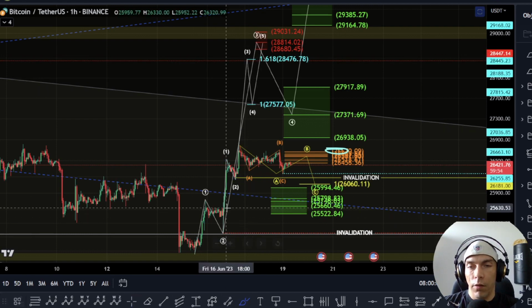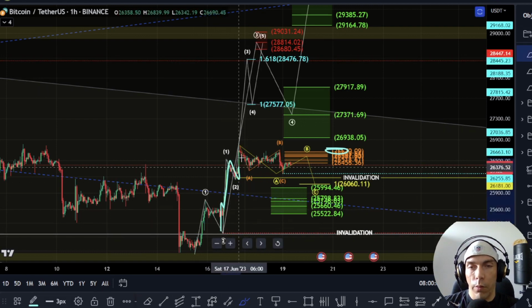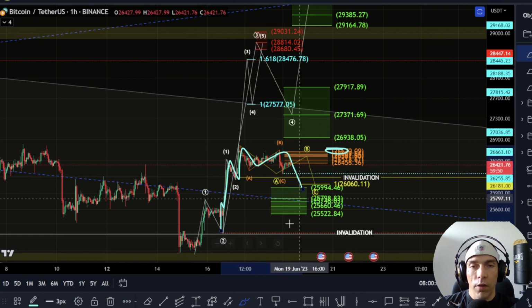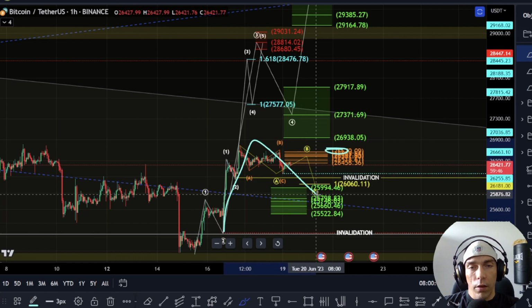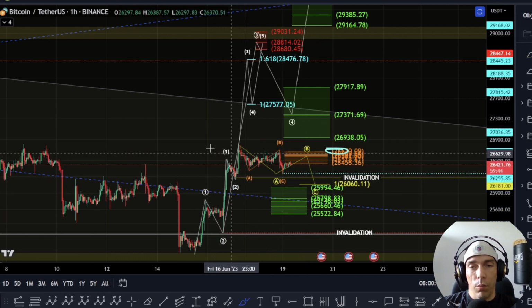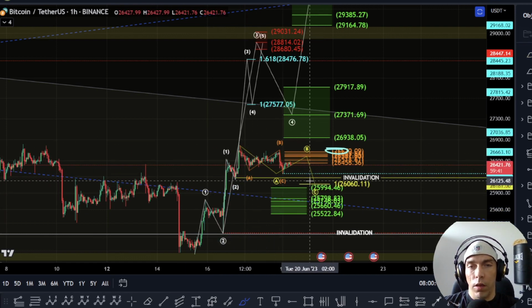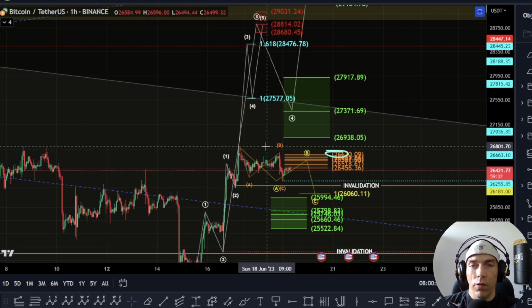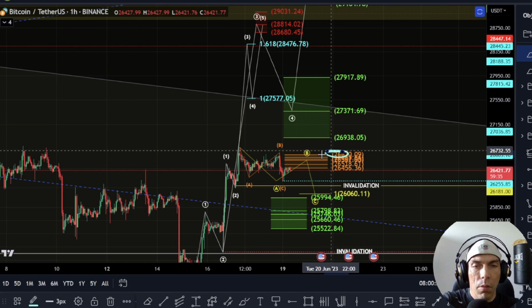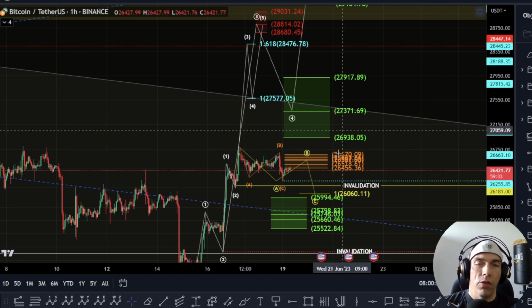Like I said, there is potentially a way we can count this 1, 2, 3, 4, 5, and we could actually have this, still looking at a 1, 2 situation. Yeah, the target would be much the same at the moment, but what we'd want to see is that confirmation of price pushing to the upside and looking to get back above these highs, because as long as we remain below these highs here,